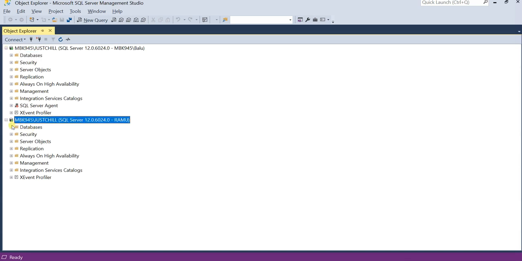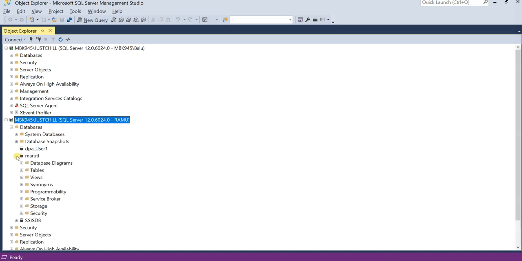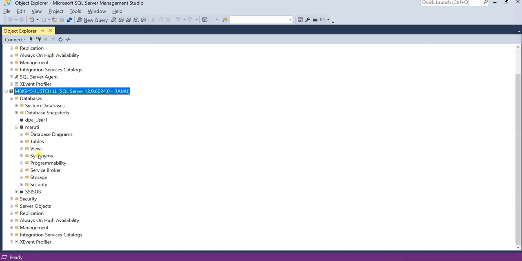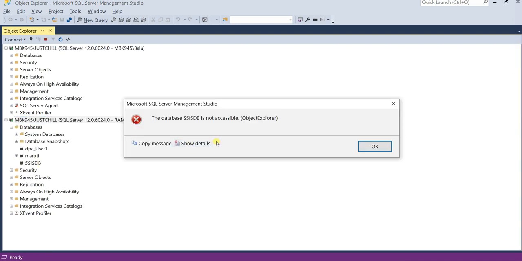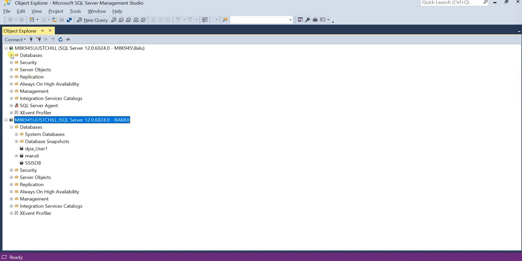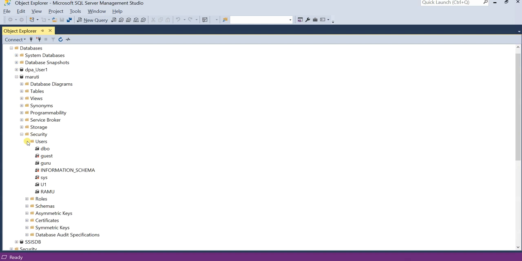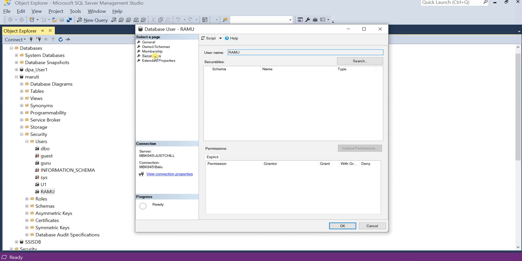See here, Ramu. So go to databases, Maruti. See, I can see the objects. Let me see whether I can see any tables. See, I cannot see any tables because I have given only database access level, only for Maruti database. Let me try to access another database. See, I have not given any access to this database. So the user cannot access this database. To change the rules, you need to go to the admin